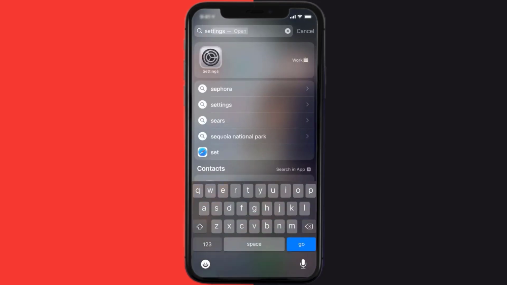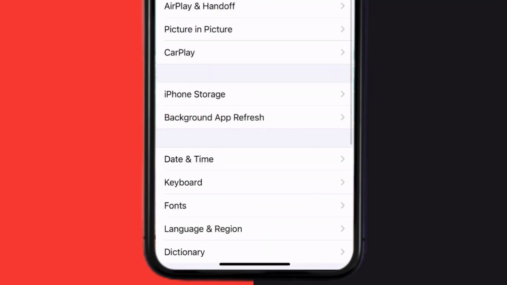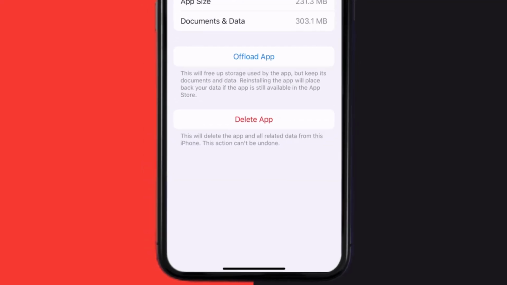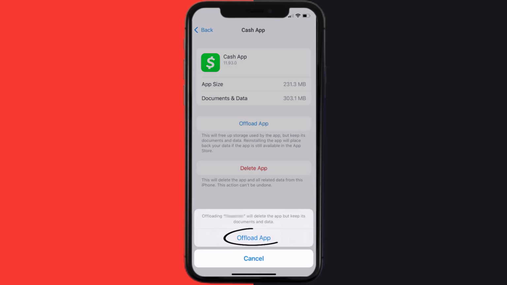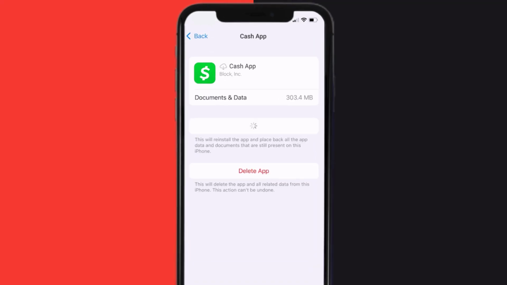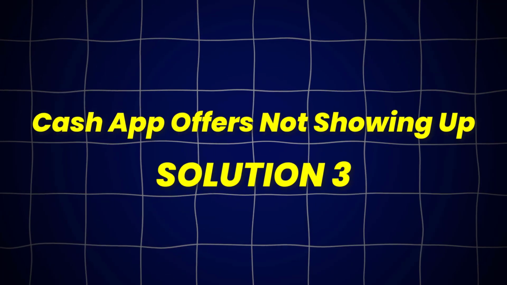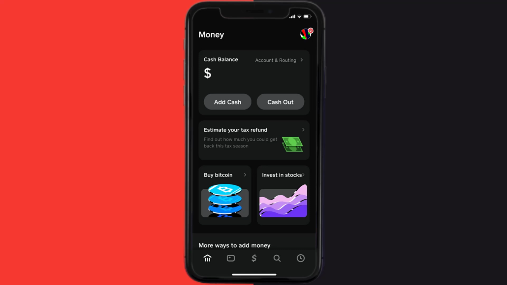Go to your device settings and then scroll all the way down to General and tap on it. Then tap on iPhone storage. From here, search for the Cash App and then tap on it. Once you're on this screen, you need to tap on Offload App. Tap again to confirm. It'll take a bit for processing, and then a reinstall button will show up. Simply tap on it to reinstall the app. This should fix Cash App offers not showing up, but if it doesn't,